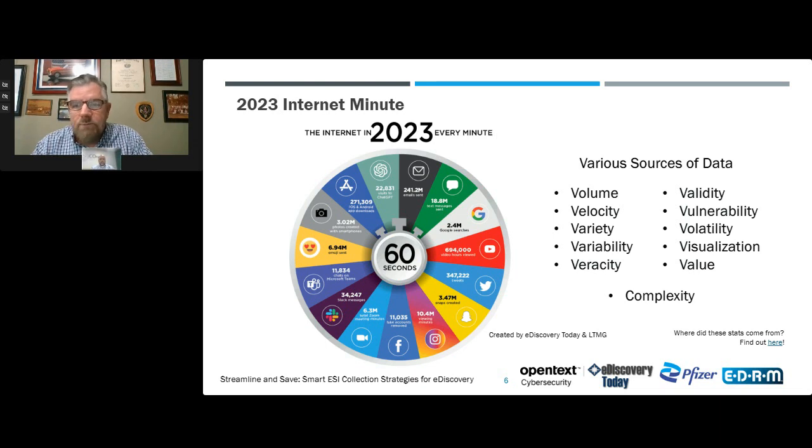That's everything from 241 million emails sent per minute to nearly 19 million text messages sent per minute, to Slack messages, Teams chats, photos created with smartphones, and a lot more. And even visits to the ChatGPT site, which reflects the number back in February, so that number is pretty out of date by now. You can find out more about the sources of these stats via the link in the lower right.